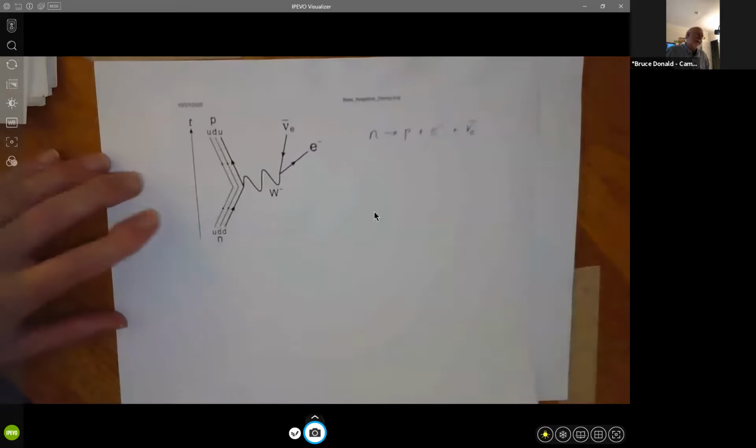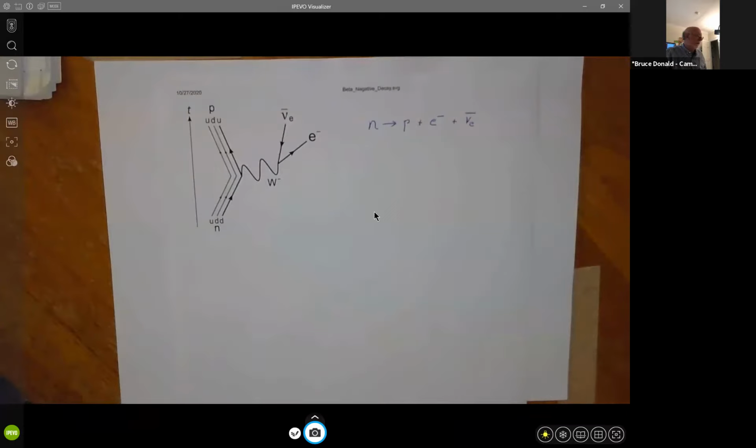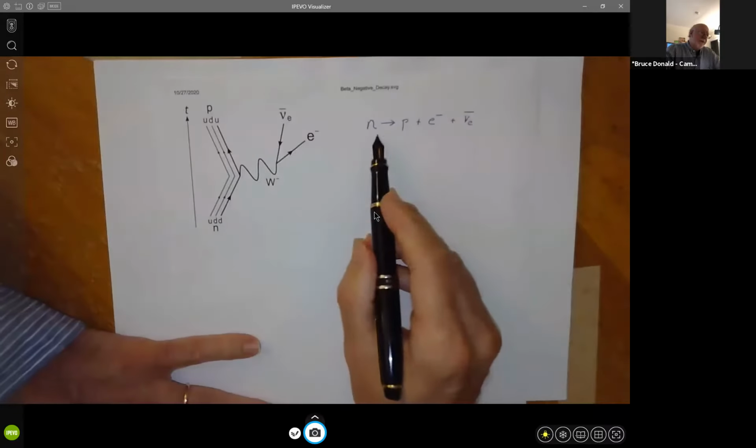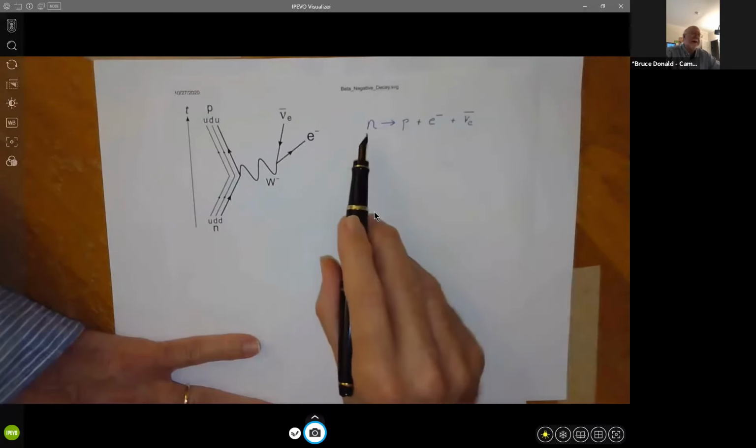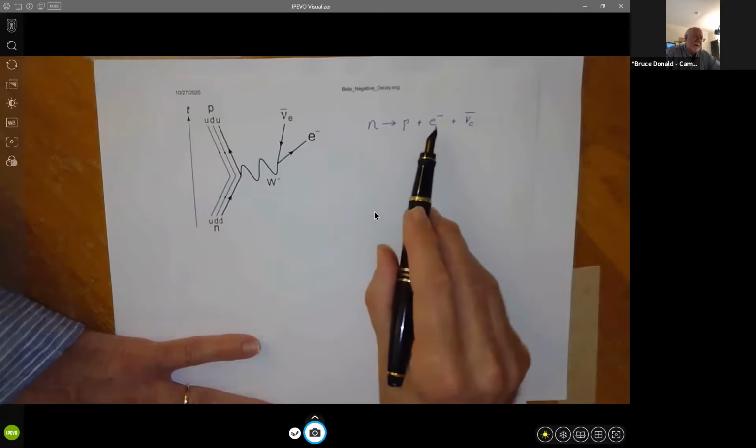Let's just do a little physics anticipating this question. So here's what's called a Feynman diagram of a very common phenomenon you might have seen in nuclear physics. And this is what happens when a neutron decays into a proton. So it makes sense. Neutron has 0 charge, proton has charge 1, electron has charge -1. So the charges add up.